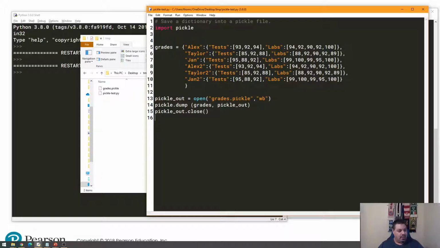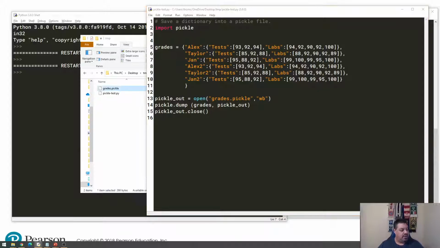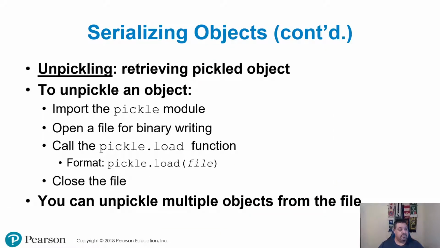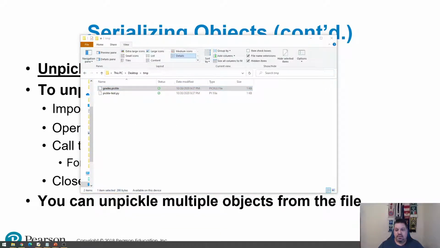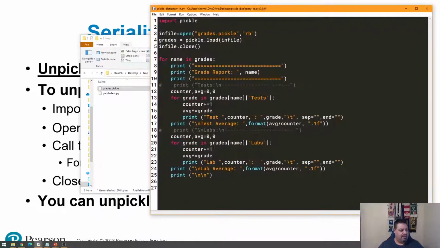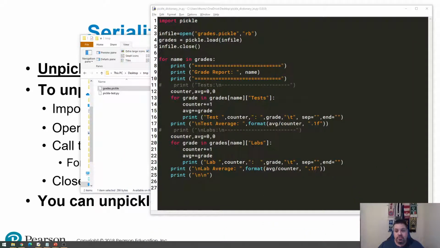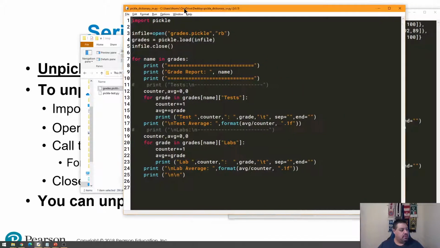All right, now I'm going to leave that there. We have 6 elements in our grades now, right? And it's saved as a pickle file. There's my depickler. So I have the same program I had before. I can show it to you if I still have it here. I do. So before,